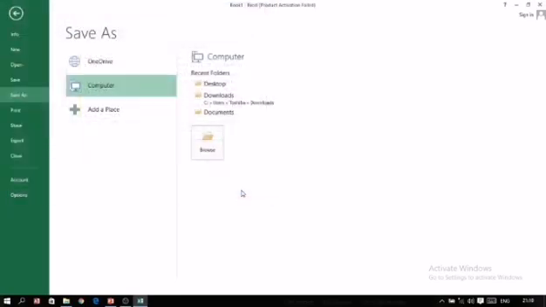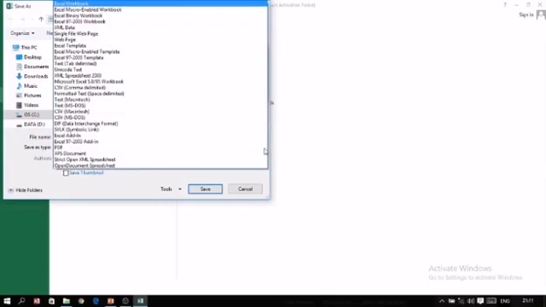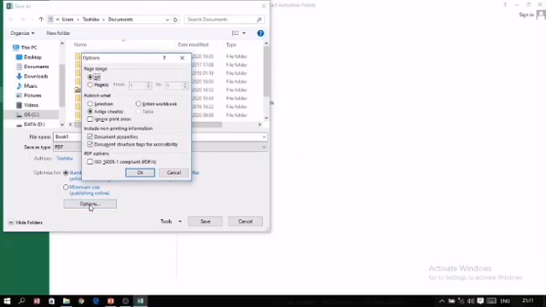Now one more thing is here, that is if you want to save your file as PDF, then how you have to do it. For example, I have created an Excel file, but I want to save it as a PDF file. Then there's an option save as type. Bring the cursor on it and change the type. Now there's an option given PDF. Select the option PDF. Now when we select PDF, options appear over here. Click on this options button.